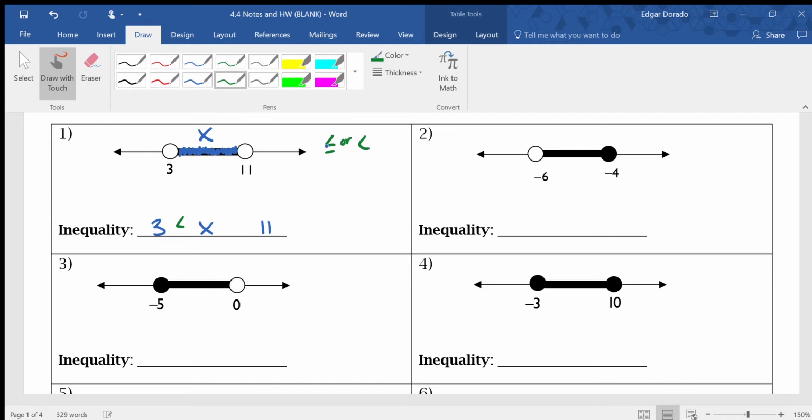Because I know they have to be less than, I'm going to put them both as less than, but I have to figure out, do I need to put the equal to sign underneath them? Yes or no? Well, this is an open circle, so I don't need the equal to underneath, and this is also an open circle, so yet again I don't need the equal to sign underneath. So my final answer